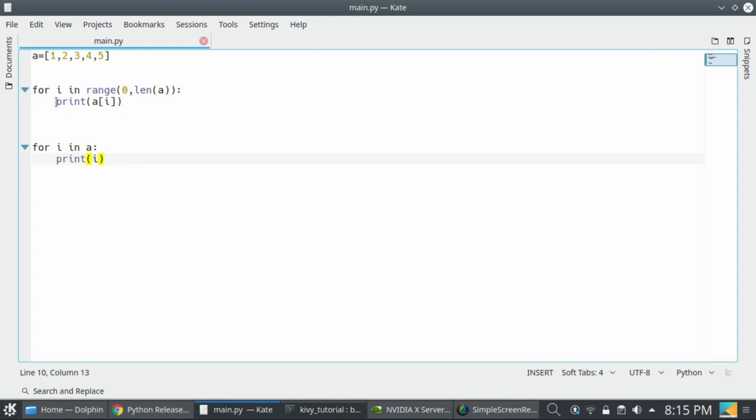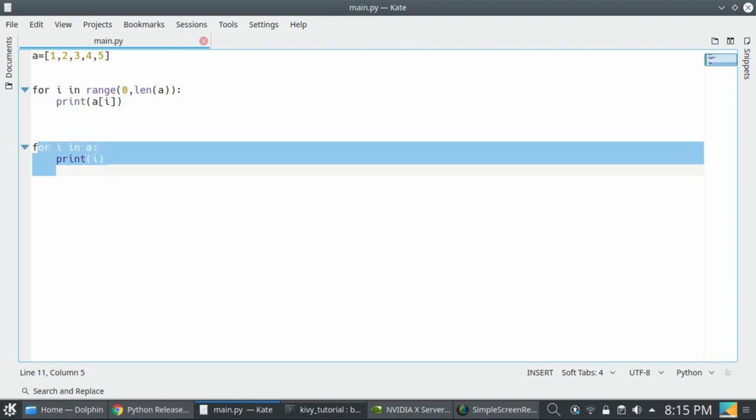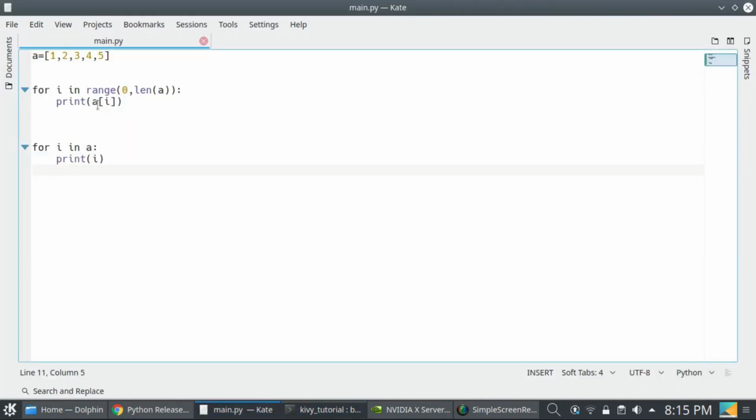So both this block of code and this block of code are the same. You can use either, it is your choice to use.